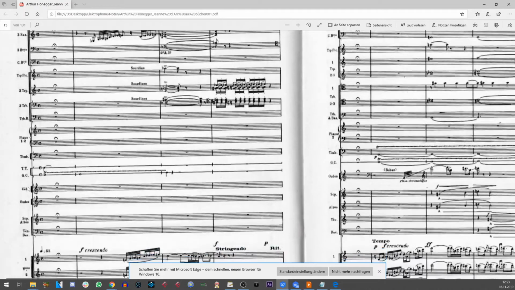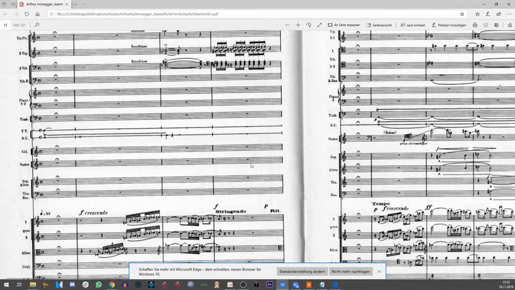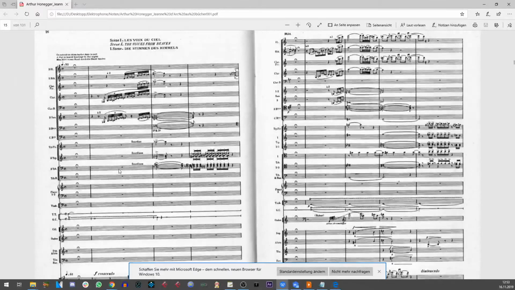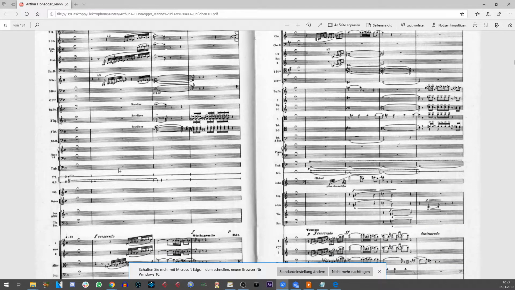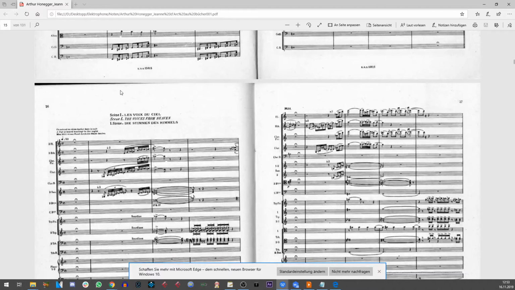You can actually already see the Ondes Martenot here, it's part of the score, part of the musical score. Let's listen to what happens here at the beginning, after this commercial break, I guess. Okay, there we go.